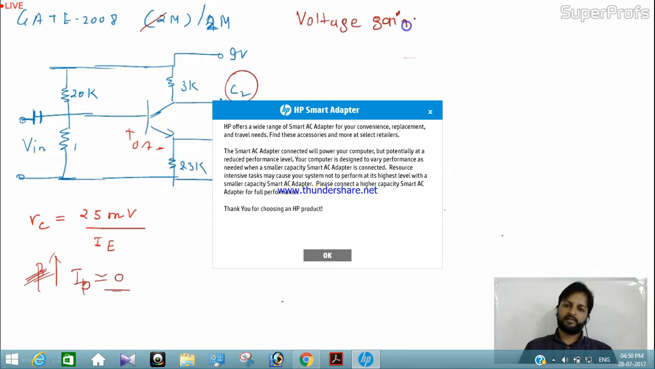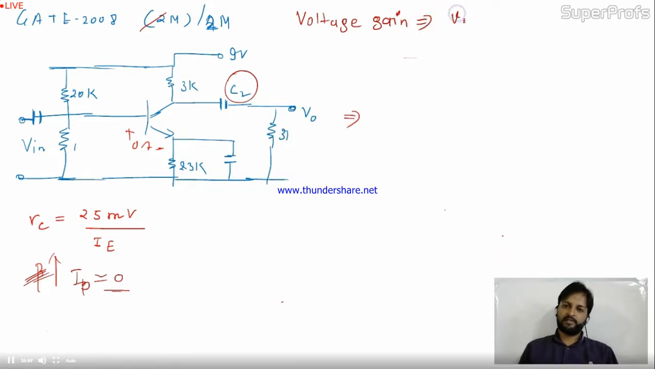They are asking for voltage gain, and voltage gain is nothing but V0 by VI. So V0 is AC, VI is AC, so we need AC analysis of this. To switch into the AC analysis, you should have knowledge of the equivalent circuit of the transistor. The transistor equivalent circuit will be